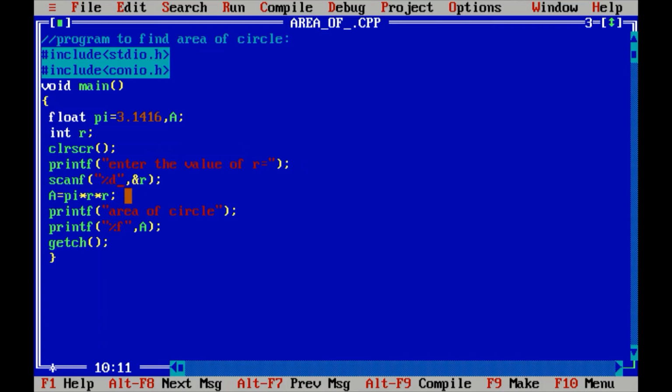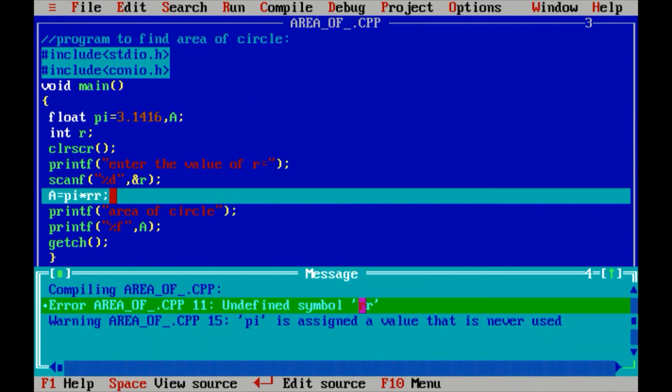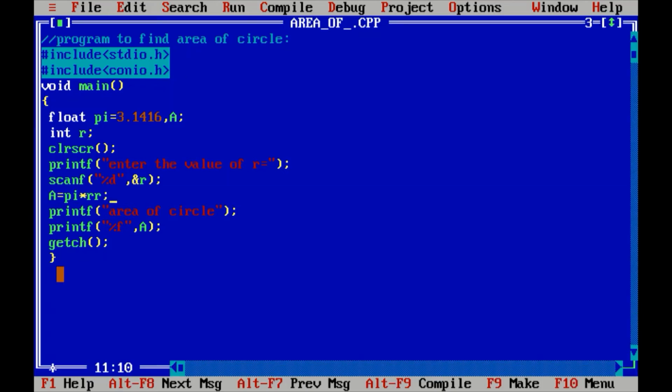Now I'm going to make a different error, like this %RR. Control F9. So here you can see there is an undefined symbol RR. The window shows me that there is an RR variable which I have not assigned. So this is a kind of error which I can solve easily. So I can again write multiply, and now the program is correct.